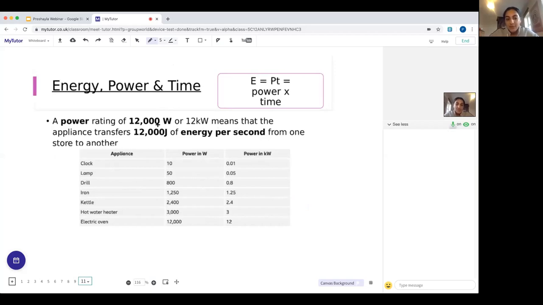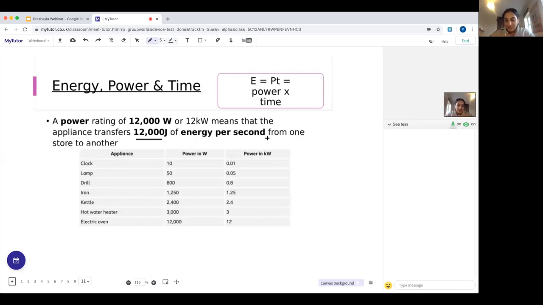So say we were to have a 12,000 watt power rating, that's going to mean that the appliance that has that power rating transfers 12,000 joules of energy per second. For example, if it was an oven, that would transfer 12,000 joules of electrical energy per second